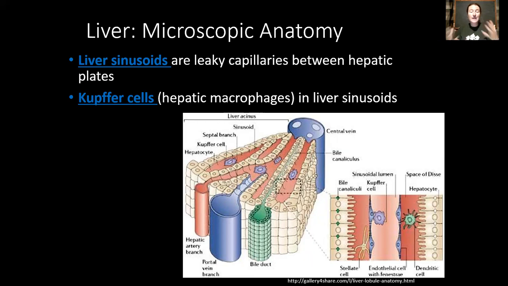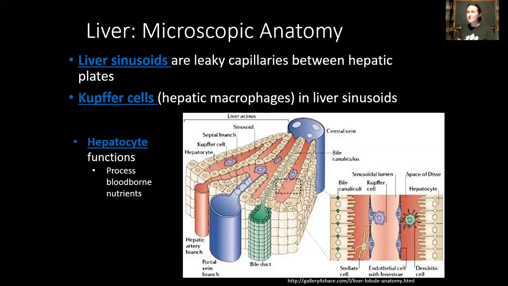And so on and so forth. So anything that doesn't look quite right, we can see these Kupffer cells, these hepatic macrophages, essentially patrolling the blood coming up from the intestines and coming into the liver from the aorta. Okay. The most important cells in this entire system, this entire process, of course, are the liver cells themselves. The liver cells, which are here in tan or light white, are called hepatocytes, cyte for cell, hepato for liver. So what exactly do they do?